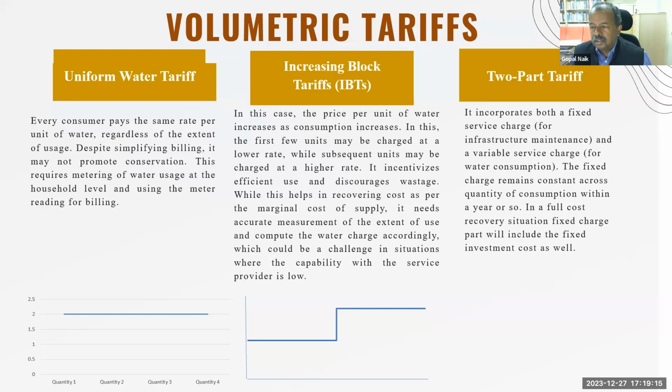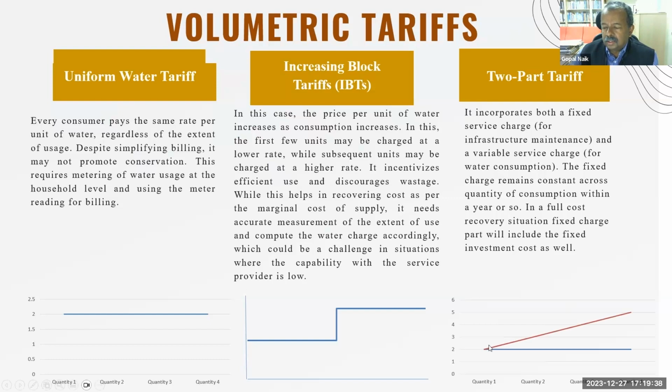These are two different components, and therefore you can have a two-part tariff. While the fixed charge or fixed cost for the year is not varying according to the consumption of water, the variable charge does vary according to the consumption of water. As a graphical illustration, this blue line is basically the fixed part of the two-part tariff, whereas there is also a